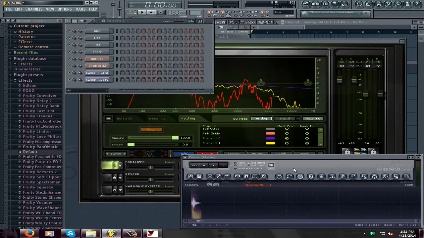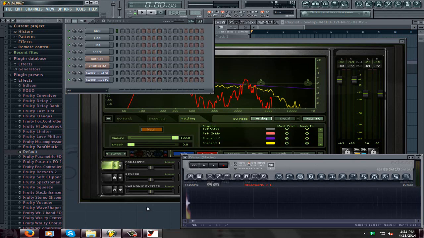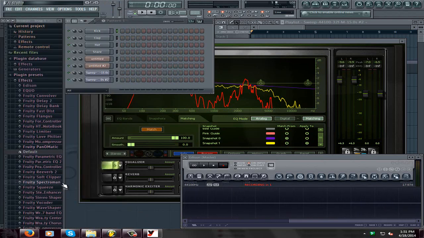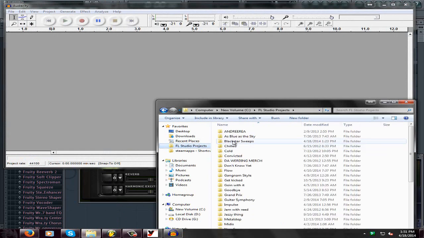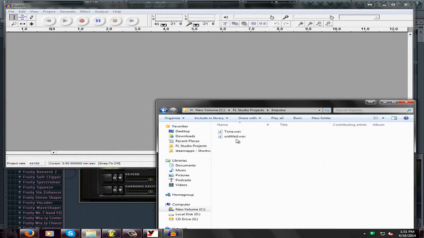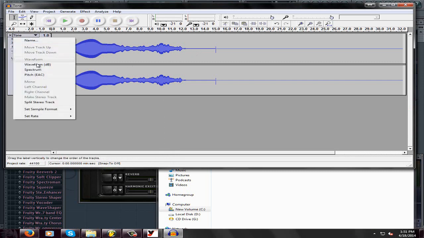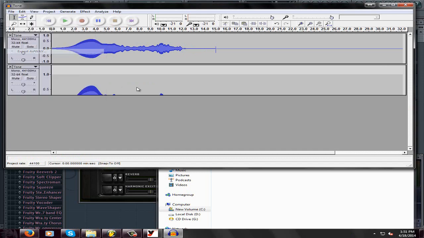Now, at this point, we're going to run it through Voxengo Deconvolver. For me, I have the issue that I am seemingly unable to export files out of Fruity Loops mono. Before you can use Voxengo Deconvolver, your file has to be mono. So here's my tone. You can see that this pretty much represents the EQ curve. So I'm going to go ahead and split, mono, mono. Export,